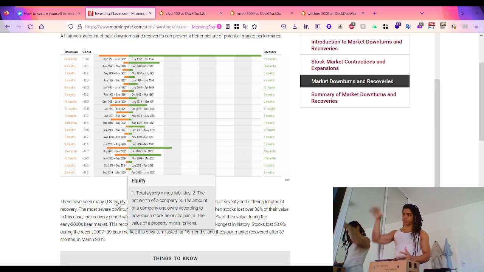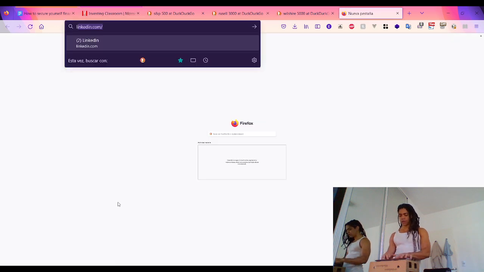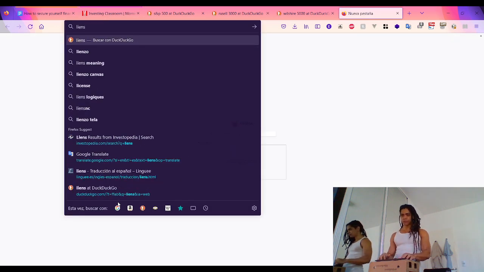It's a slice of a pizza pie that you own from the company, and the value of a property minus its liens. It's funny because the first definition is total asset minus liabilities, and the last one is the value of a property minus its liens. And when I look at liens, okay,